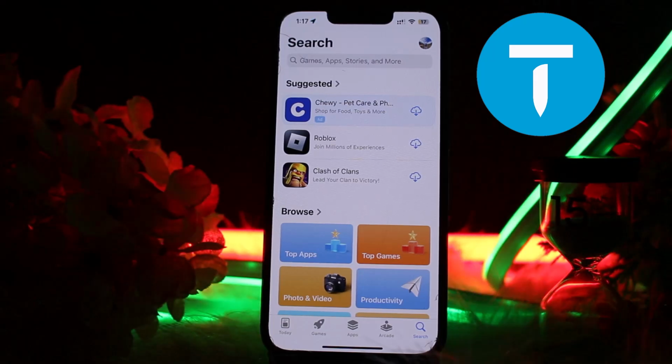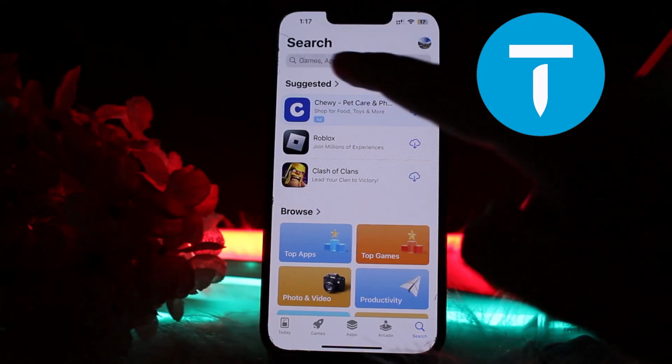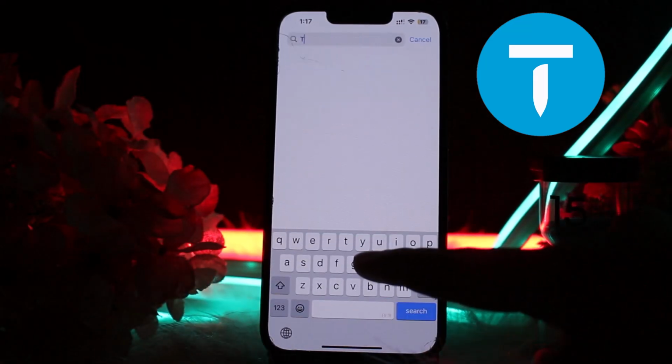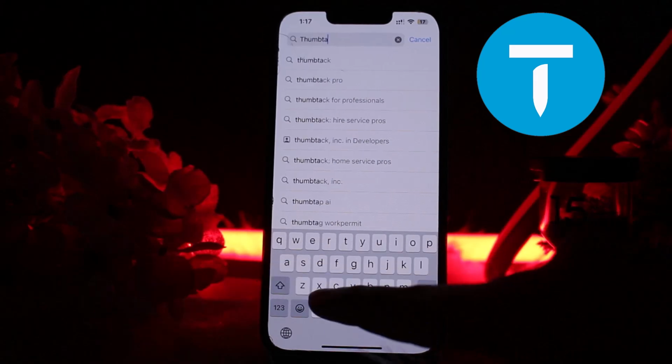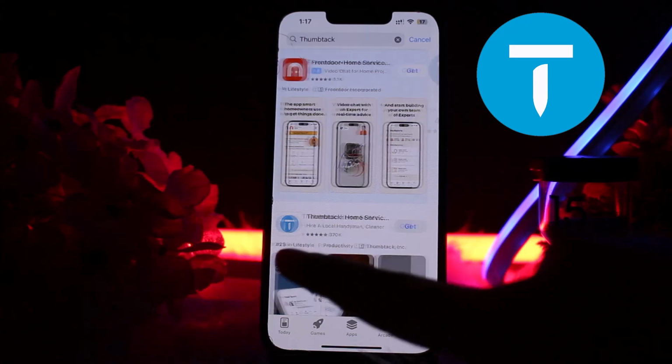So this is the home page of the App Store, where you'll see various options on the bottom taskbar as well as the search box at the very top. Click on the search box and simply search Thumbtack. After searching Thumbtack, you may click on the option of search, and here you can see the option of